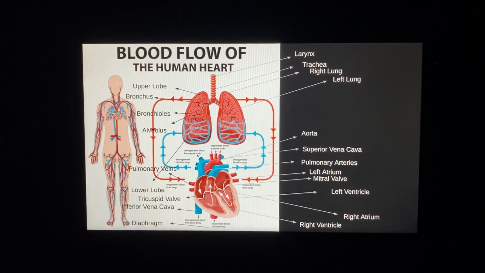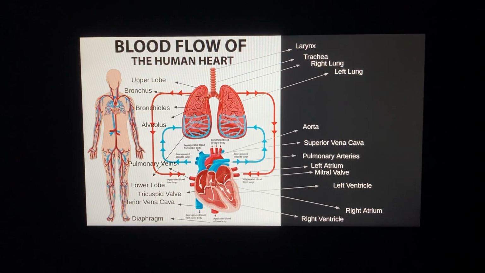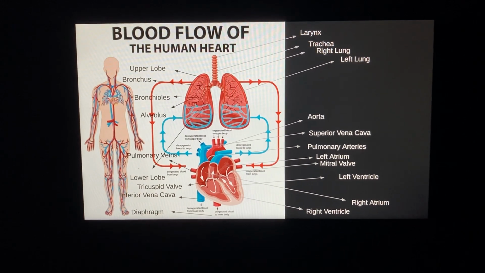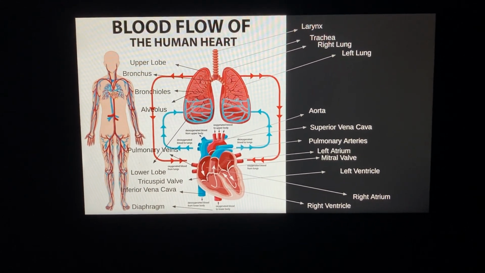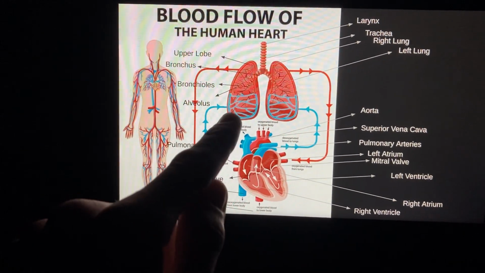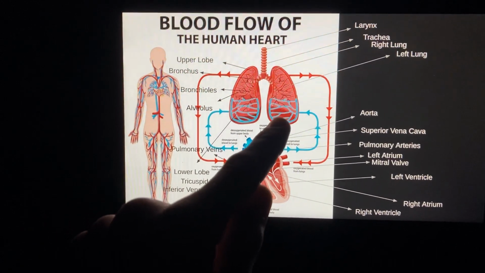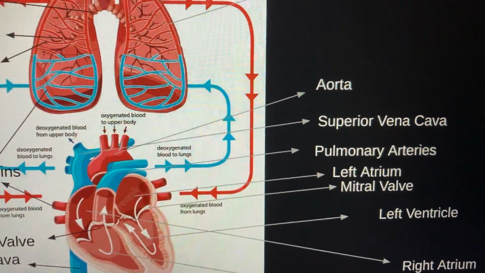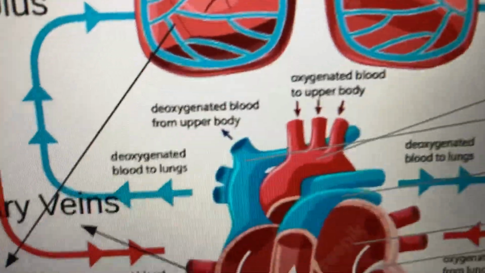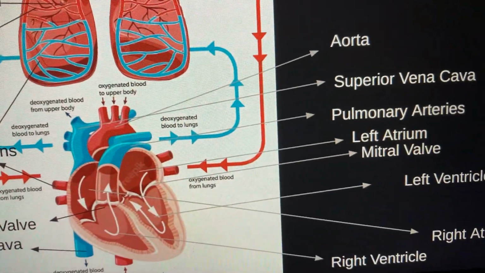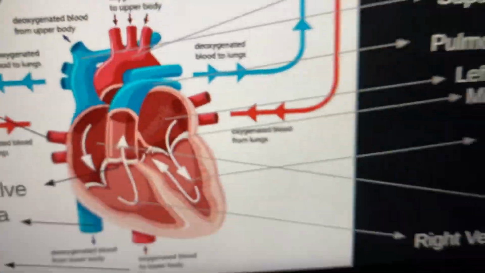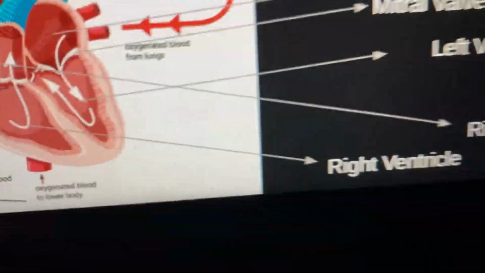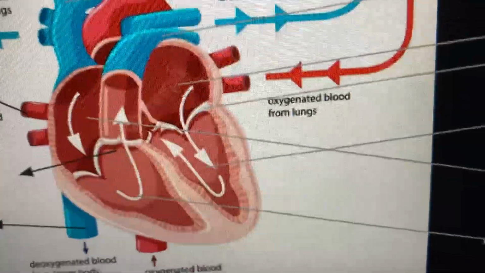Here is the blood flow of the human heart, but I'm just kind of using this to label the parts. So you can see the larynx is at the top, the trachea beneath it, with the right lung being on the left side over here, the left lung being over here, the aorta being right here, superior vena cava being that one right there, the pulmonary arteries being that, the left atrium being here, mitral valve being that white thing in there, the right atrium being over here,